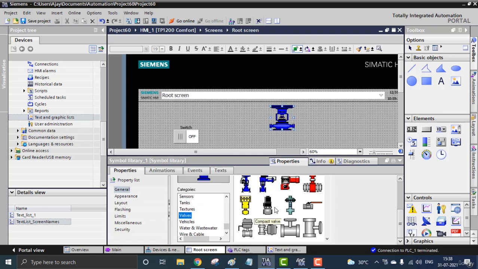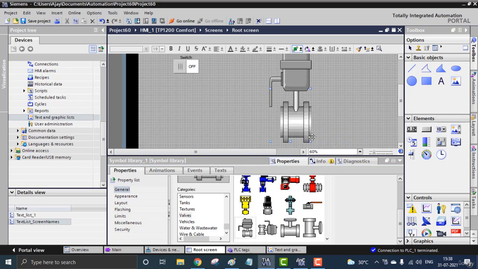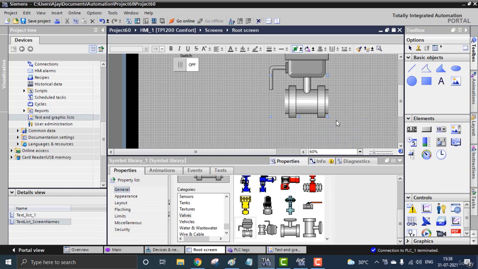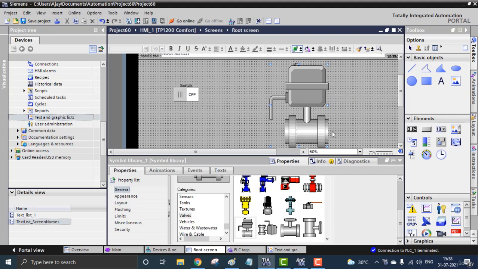See, these are the valves. I'm using this kind of valve. This is one kind of control valve. Oh, not a control valve, it's actually a solenoid type on-off control valve. Okay, sorry, whatever, it's a valve. So the action of this can be dynamized using the PLC tags. Or else I'm making it a motor.